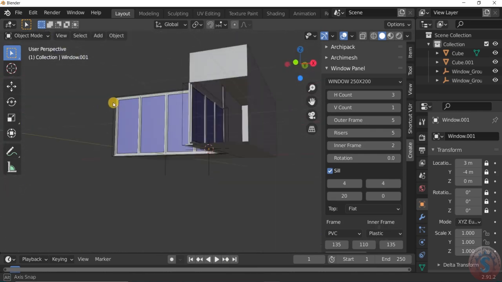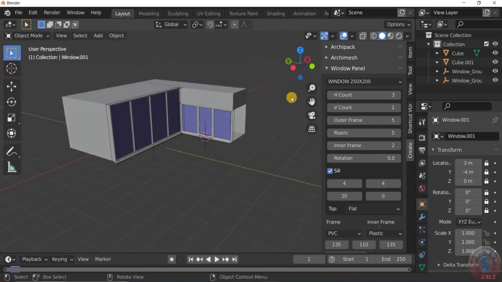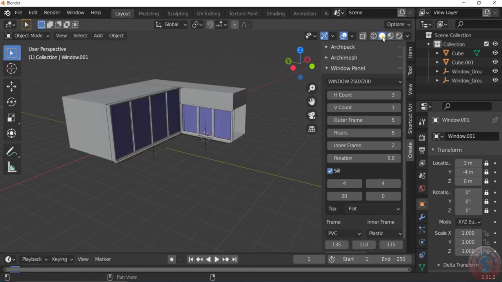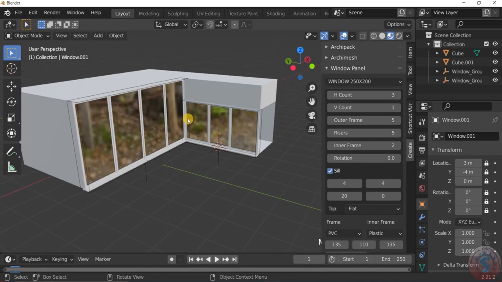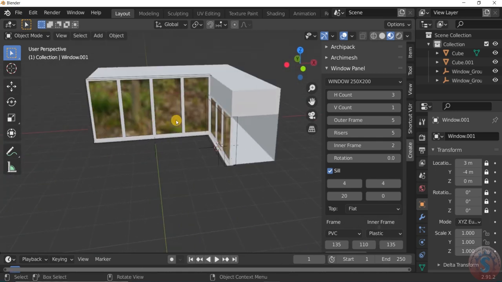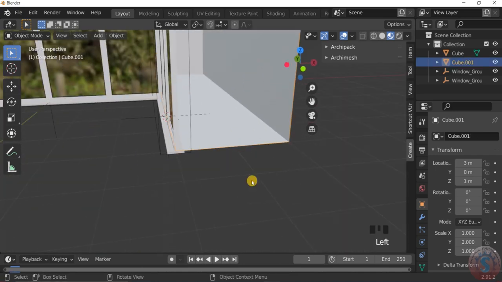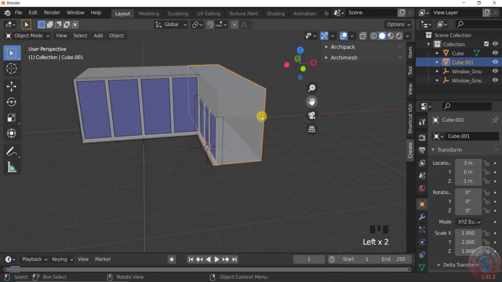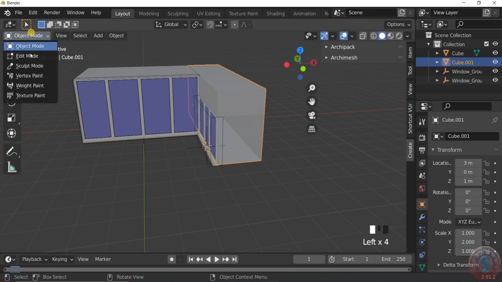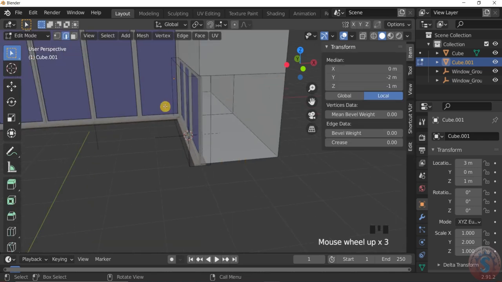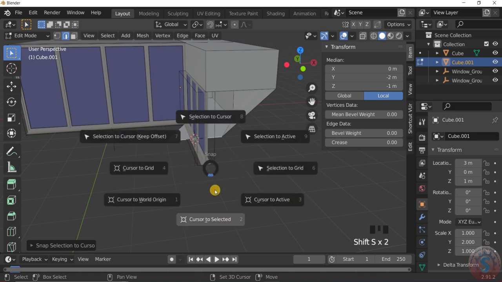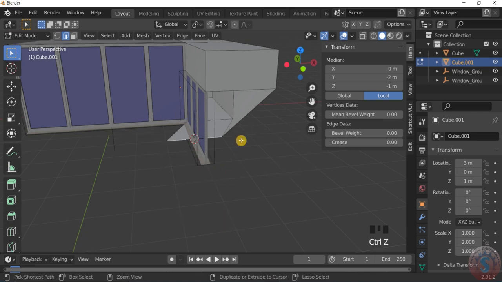This window is created. You can observe, you can show the X-ray, and go into the solid and material preview. You can observe this. Again I want to create a window here, so select the cube and go into solid mode, cube highlighted, and go into edit mode and select the edge option, select the edge, and Shift S, cursor to selected.